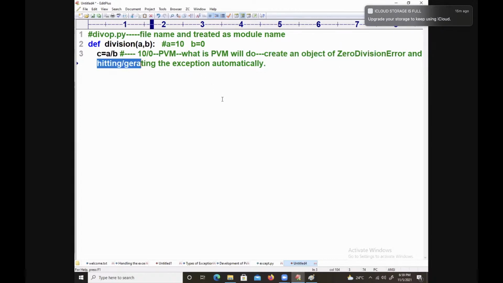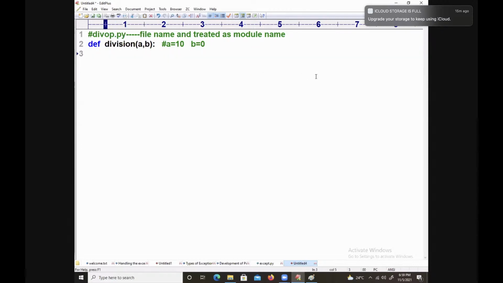If something is abnormal, we need to raise an exception. Similarly, if anything is predefined, it raises an exception. Today I am not using the zero division error. I want to raise my own exception. When do you raise your own exception? When the denominator is 0. Are you able to follow me? What is the denominator value here?